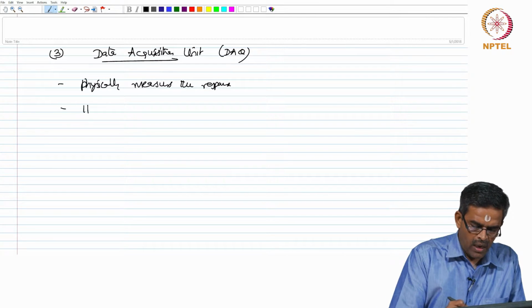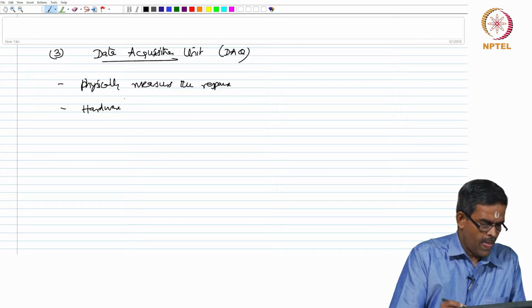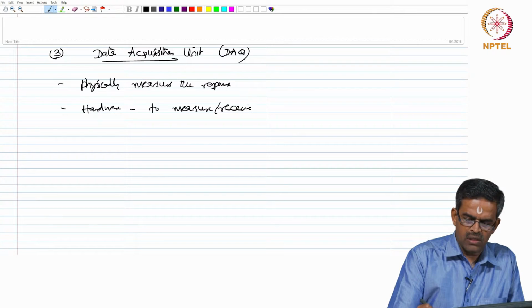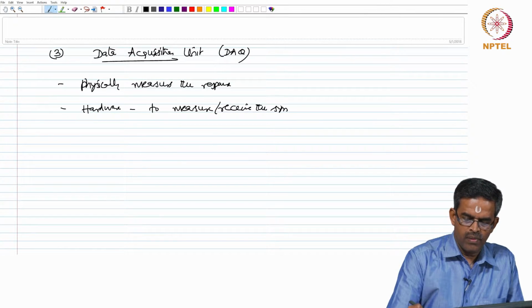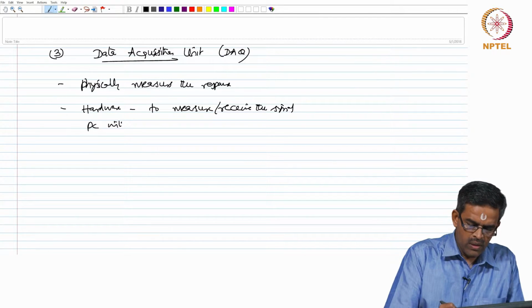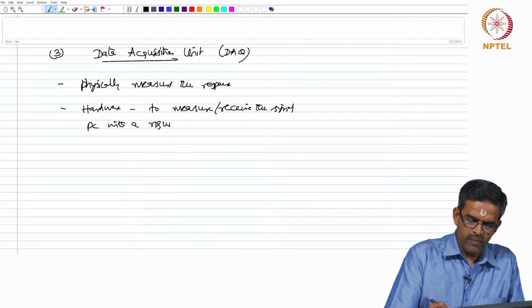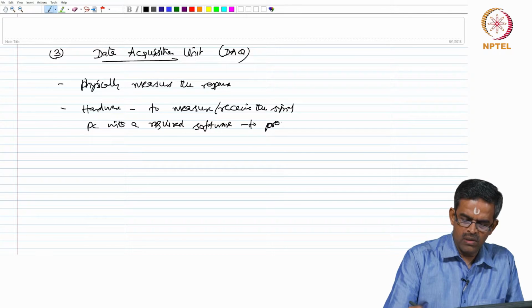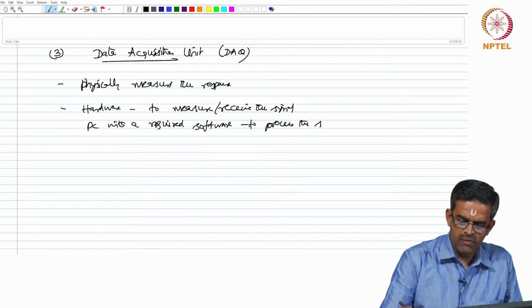It has hardware to measure, or at least receive, the response. It also has a PC with the required software to process